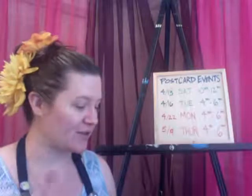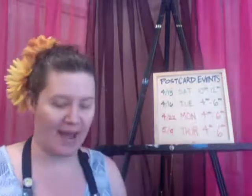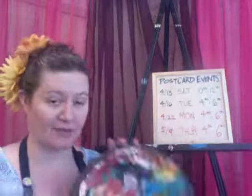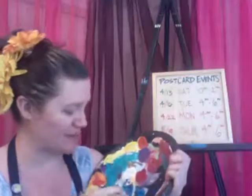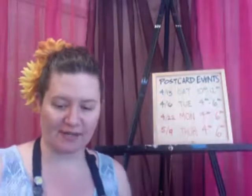Cool. So you'll want your canvas, your cup of water, some brushes, and a palette to squirt your paint out onto. This really truly is becoming a piece of art in itself. It's almost too much to try to clean at this point. And I kind of don't want to, because it's really pretty. And we have another pretty one in development, just in case. This one's not as pretty, but